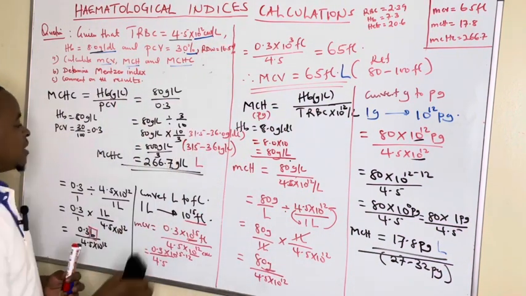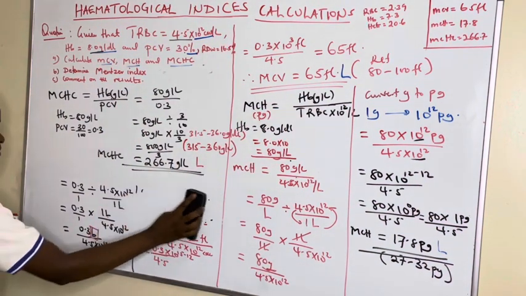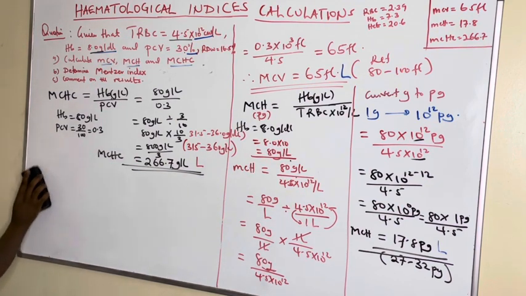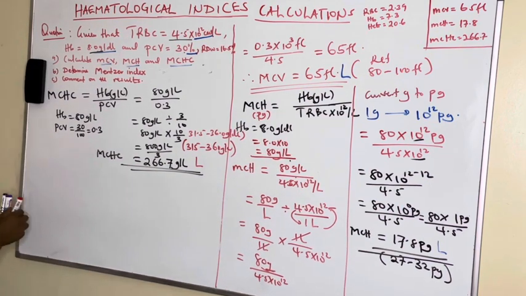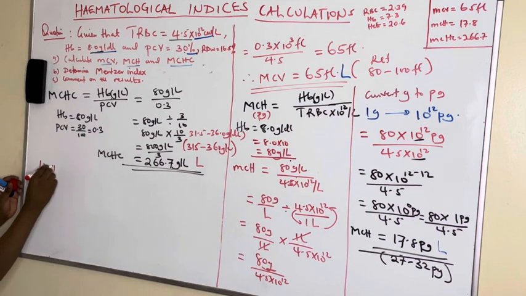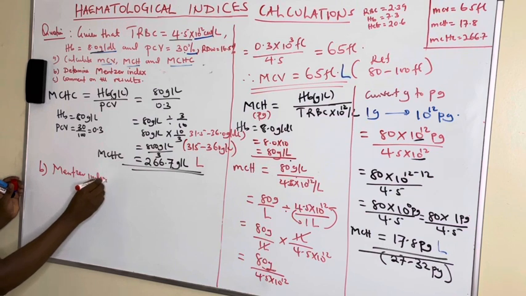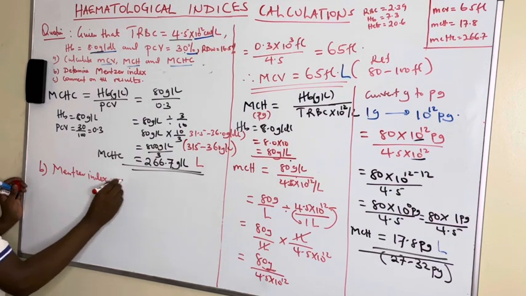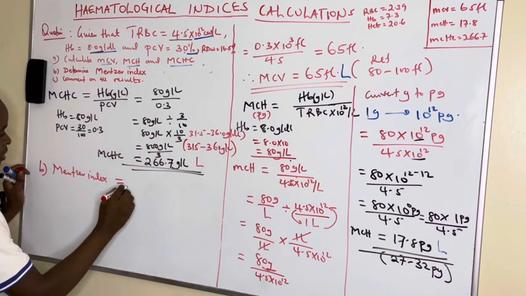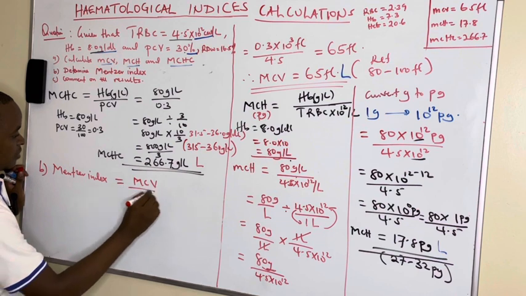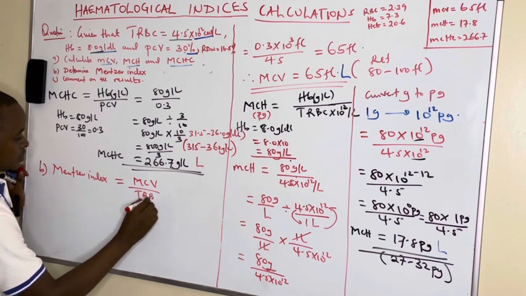So we are going to calculate the Mentzer index, which is part B. The Mentzer index, which is the ratio, is got by getting MCV,